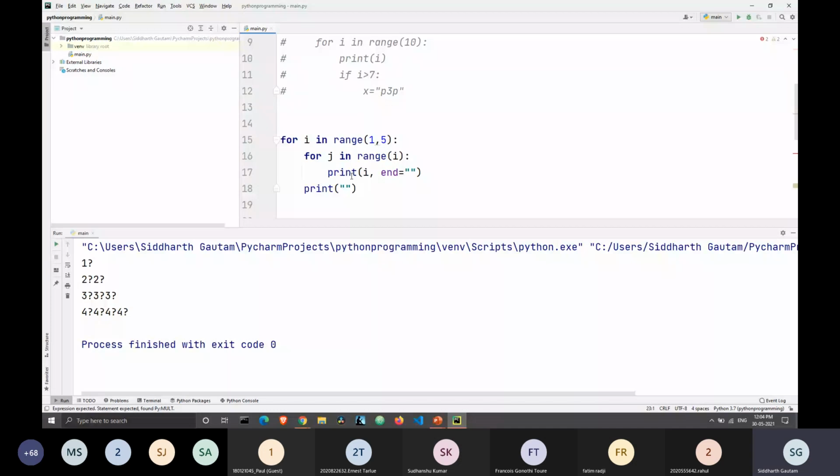In that example we had 10 rows, but what if we want to change the number of rows, and take the number of rows as user input? So we will take a variable n is equal to int input, because we want to take it as a number, and inside we will write enter the number of rows.